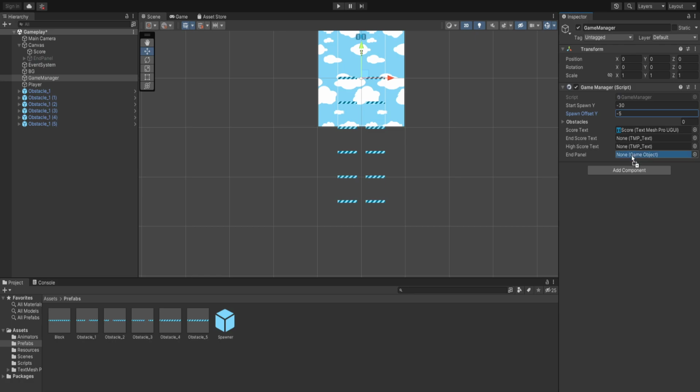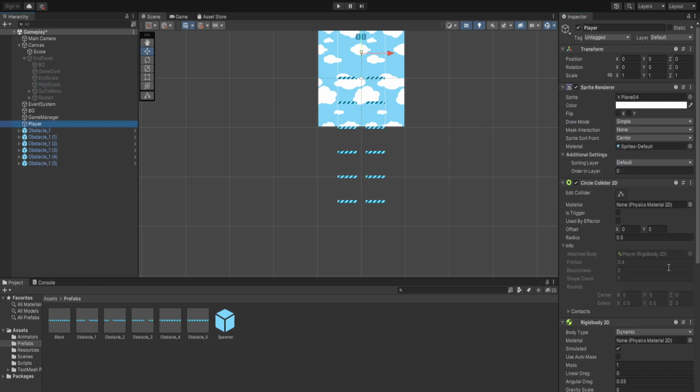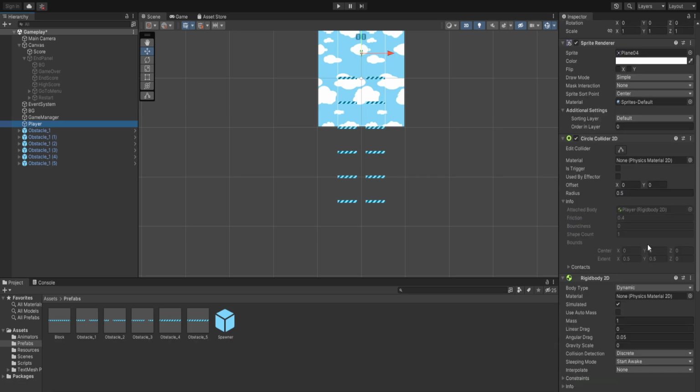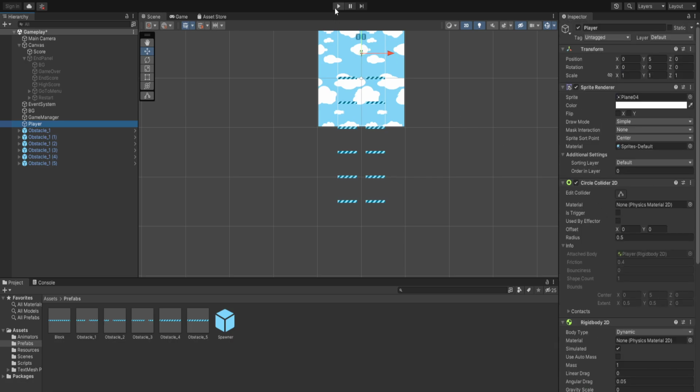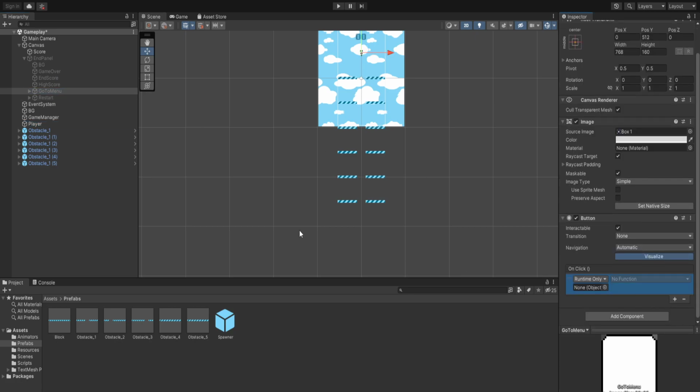This one is the end panel, and we have the end score text and the high score text. Now inside our player, so everything's working pretty much fine, and let's go inside our go to menu, which is going to have our game manager, and the function is going to be go to menu, and similarly for the restart it's going to have a restart function,